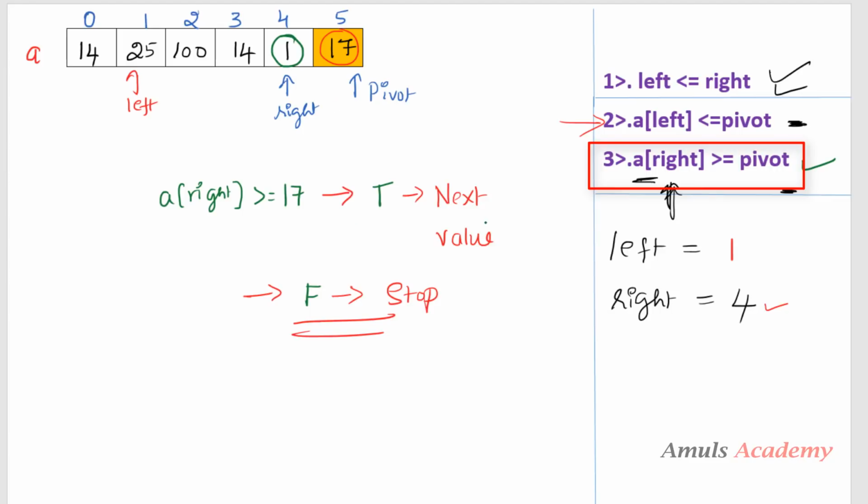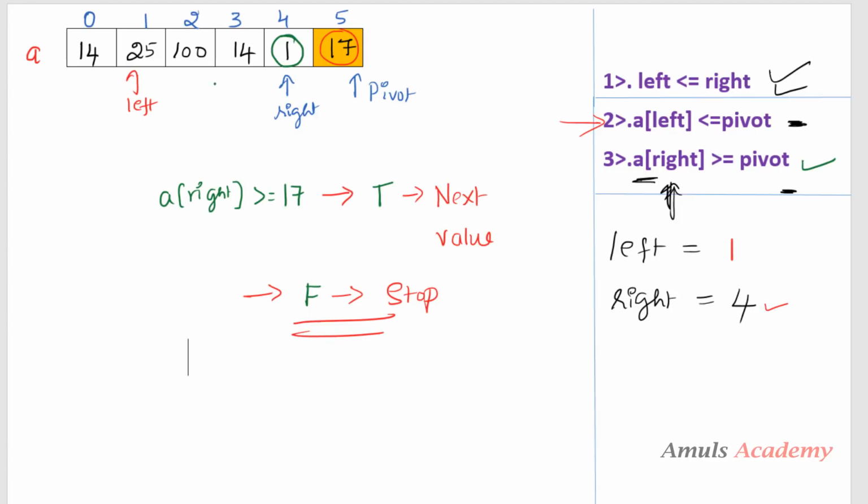If true, then move to the next value; if false, stop. It is false, right? Because 1 is less than 17, not greater than 17. So I need to stop here. So on the left side we stopped at a value greater than the pivot value, and on the right side we got a value less than the pivot value.